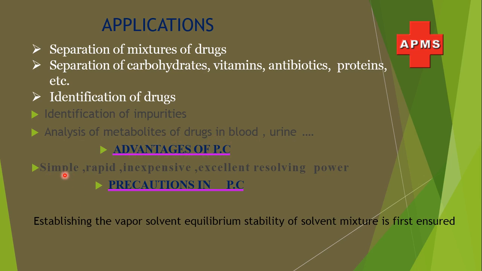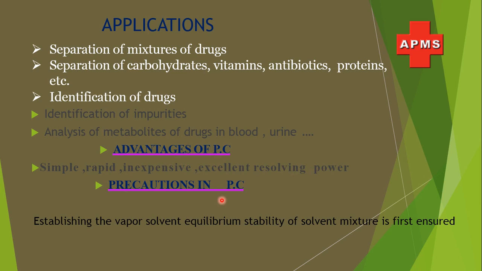Advantages of paper chromatography: it is a very simple and very inexpensive method, because the filter papers we use for one experiment make it very inexpensive to set up this simple experiment. So this PC technique, paper chromatography, is inexpensive and simple, meaning we can choose this technique to teach students in lower classes. It is a rapid technique with excellent resolving power. So these are the advantages of paper chromatography.